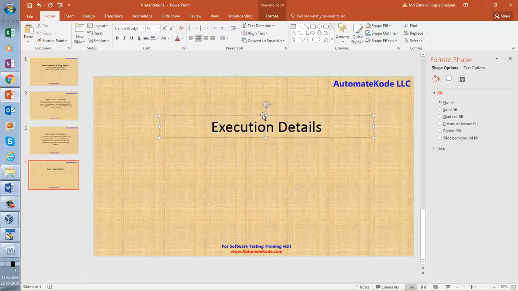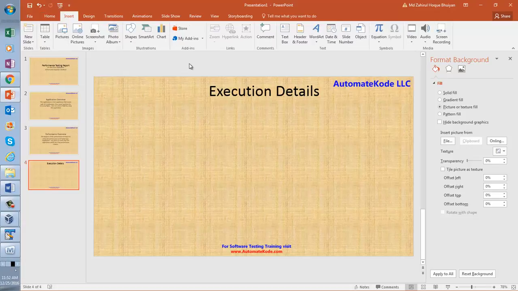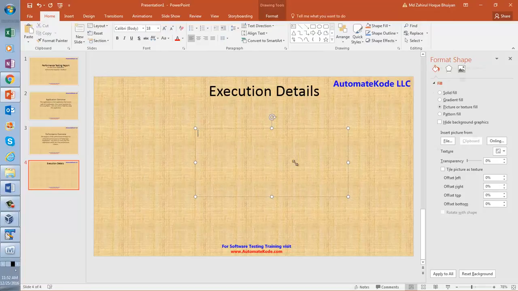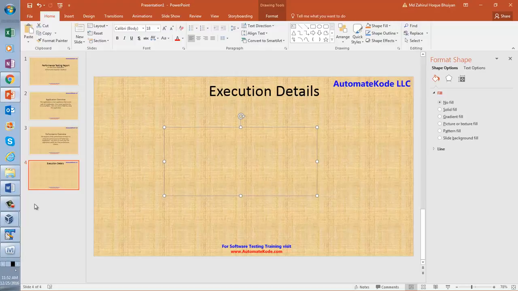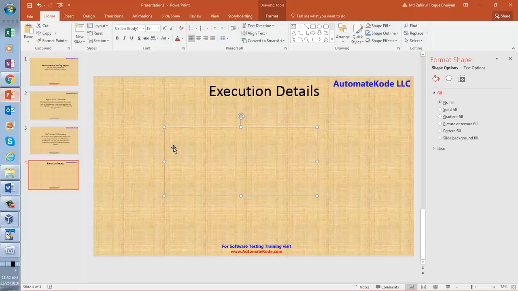In execution details I will be putting another text box where I will be putting the details of the execution. What is the detail that we have? If you go back to your analysis, test execution period, this one, you copy this and then you go to your slide. You put it here.